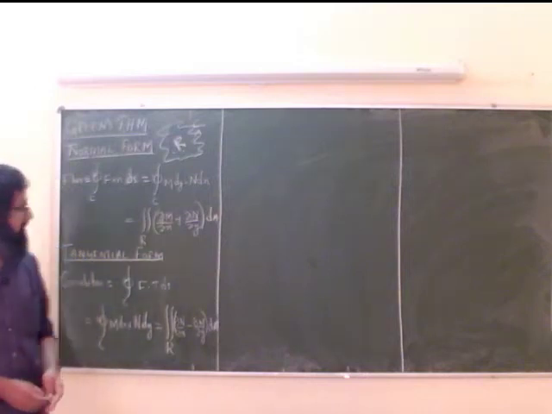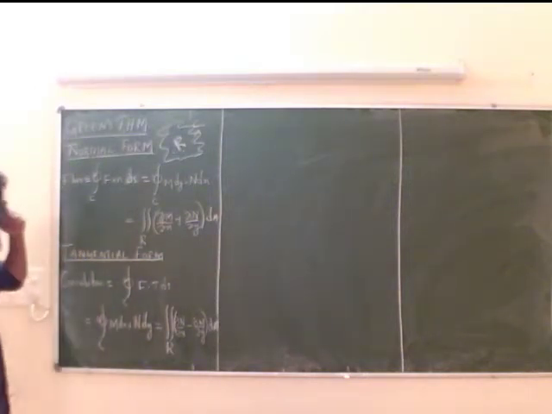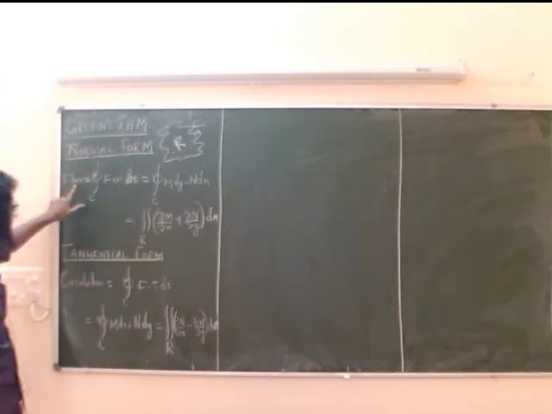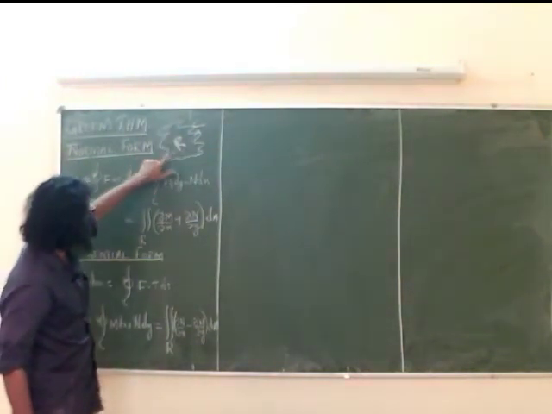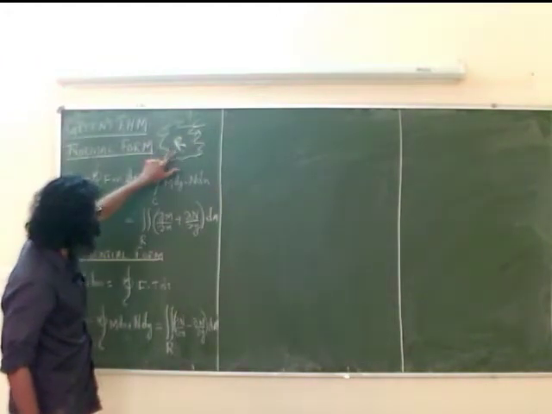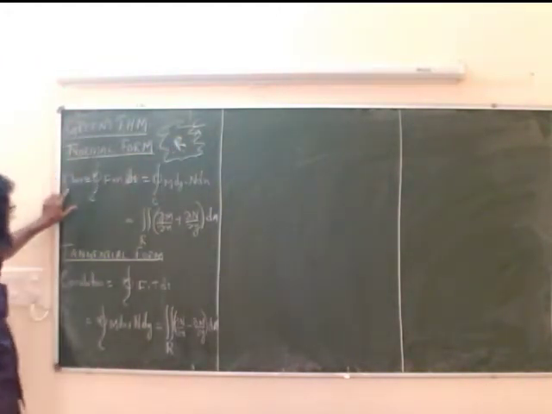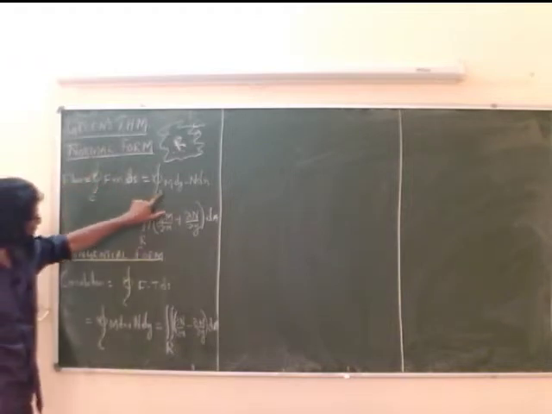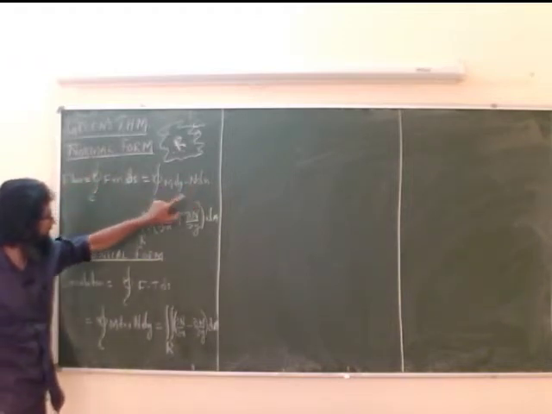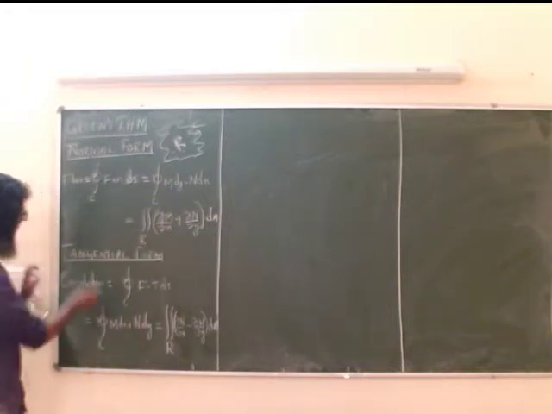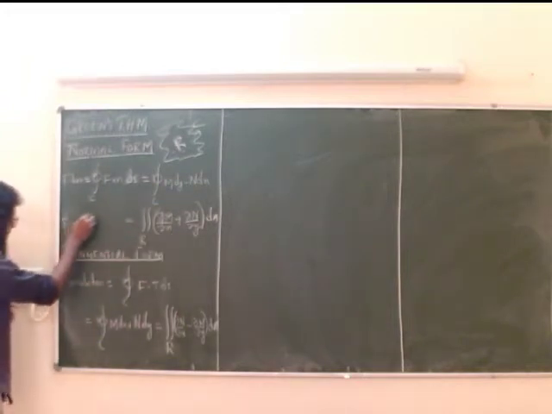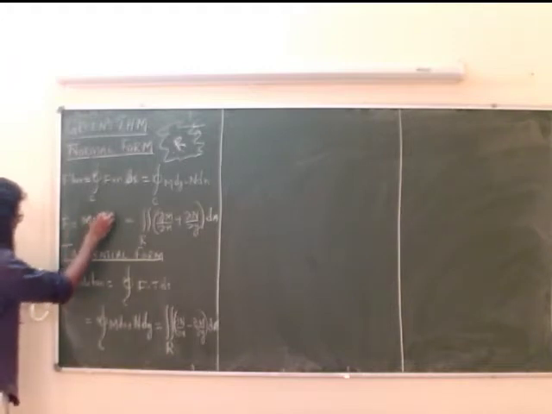Okay, we have Green's theorem. There are two forms. Normal form is flux. Suppose C is a closed curve in a plane and the region bounded by C is R. Then the flux of a field F is the integral over C of F dot n ds, that is equal to the integral over C of m dy minus n dx, and Green's theorem says this is equal to the double integral of the divergence of F. Say F is equal to m i plus n j.